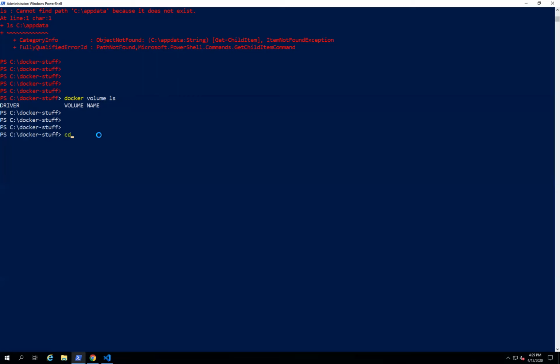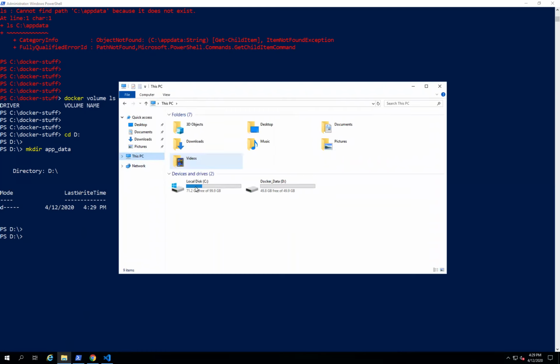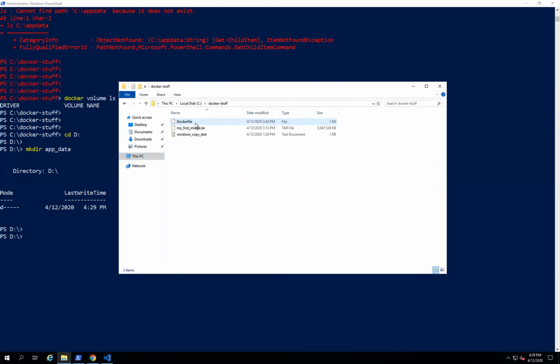Let's go to the D drive and make a folder there with app data. All right, so let's copy a file. Let's copy the file from C drive, Docker stuff.